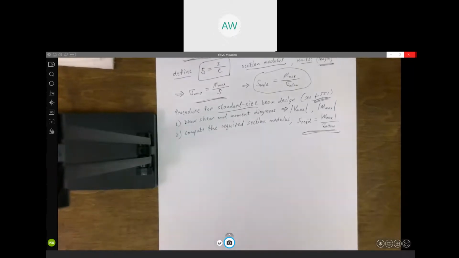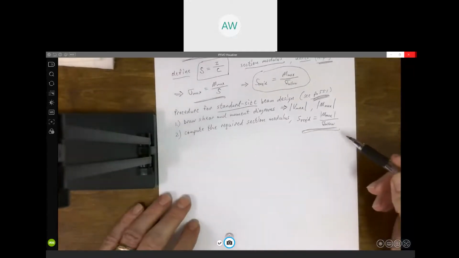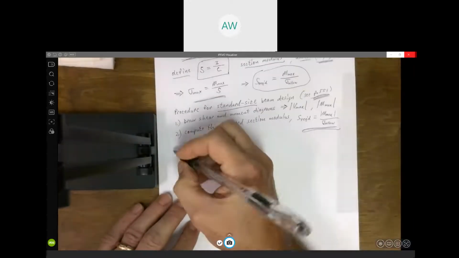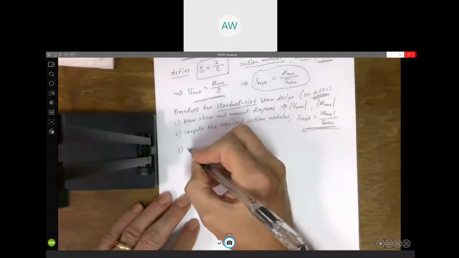If you do it the other way around, probably 90% of the time, you're going to find that if you choose the beam to satisfy shear stress, it's not going to be big enough or strong enough to satisfy the bending stress, and you're going to have to go back and start over anyway. So we start with bending. And once we have our required section modulus, the next step would be to select